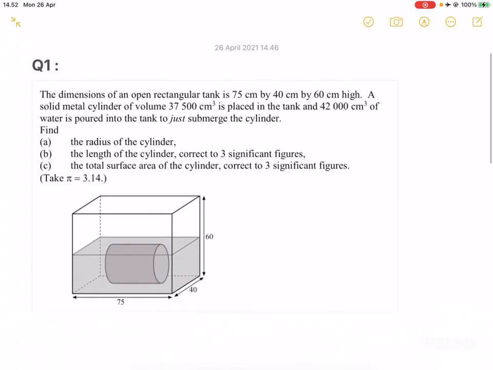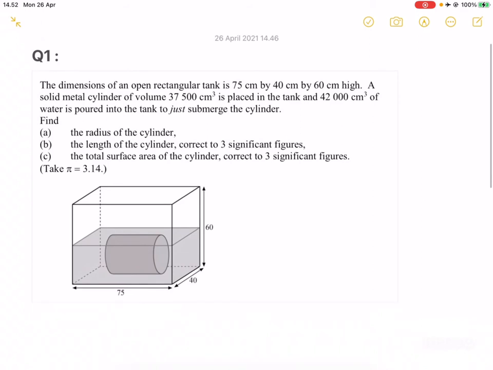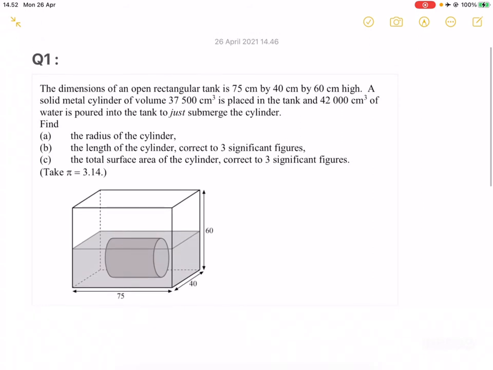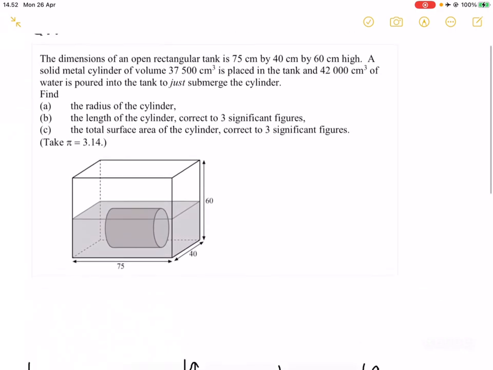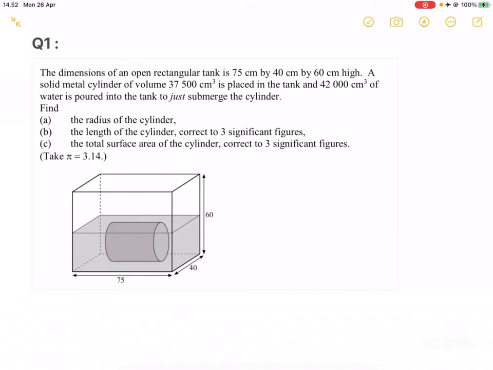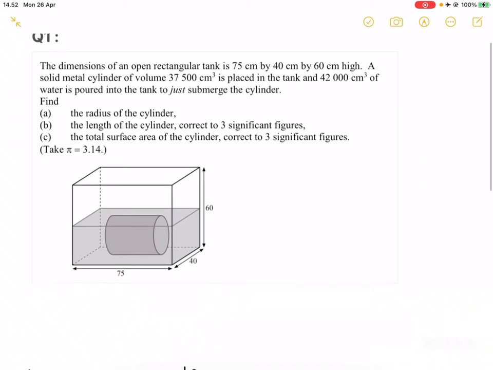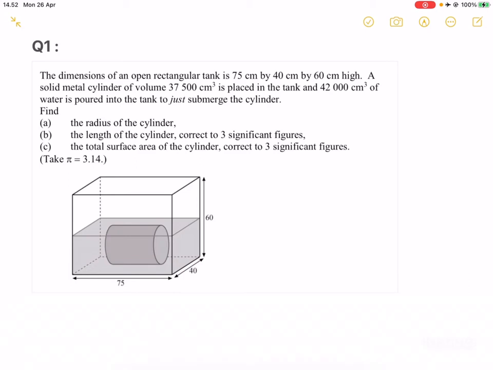So here's question 1 that I took a picture of. The dimensions of an open rectangular tank is 75 centimeters by 45 centimeters by 60 centimeters high, as shown in the diagram there. A solid metal cylinder of volume 37,500 centimeters cubed is placed inside the tank and 42,000 centimeters cubed of water is poured into the tank to just submerge the cylinder. So what just submerge means is that